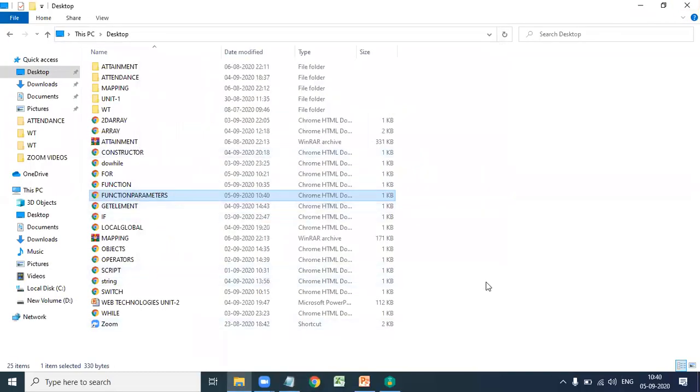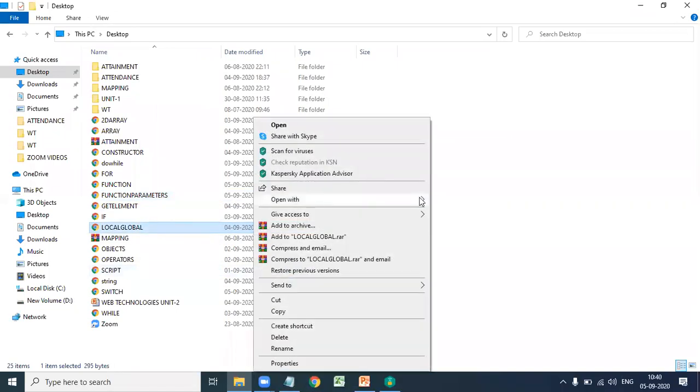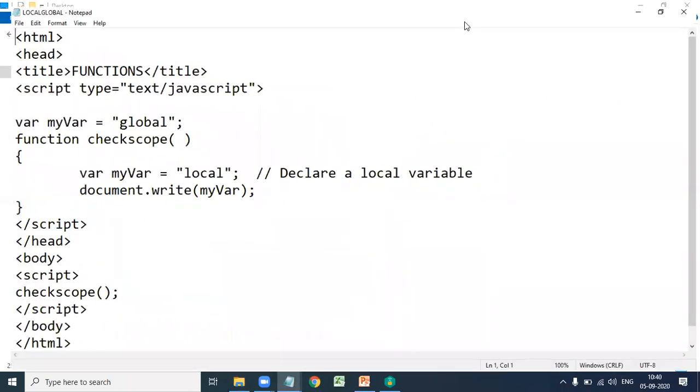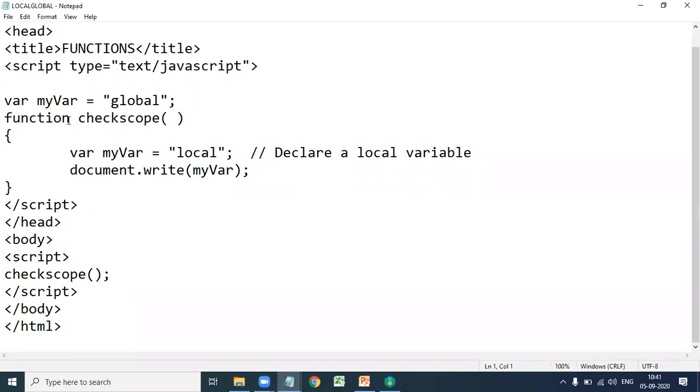Next one, local variables and global variables. Here var my var equal to global. Global is outside a function, and global variables can be written at any part of the script.